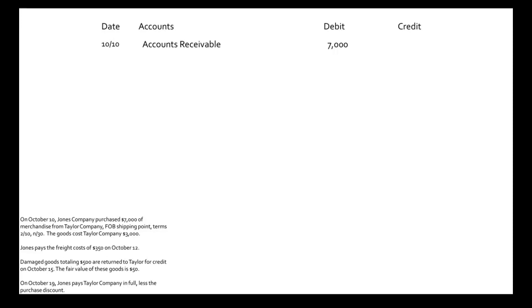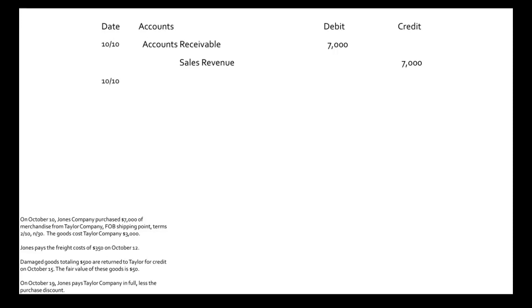So we sold it with these terms, right? Which we said was equivalent to on account. Meaning our accounts receivable has to increase by $7,000 because Jones Company owes us $7,000 now after this sale. Now, why do they owe us that $7,000? Because we made a sale. So we need to show that we made the sale by crediting our sales revenue.